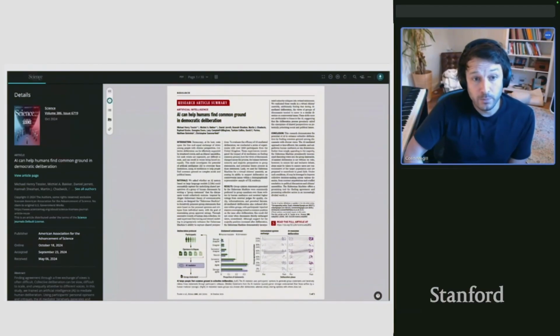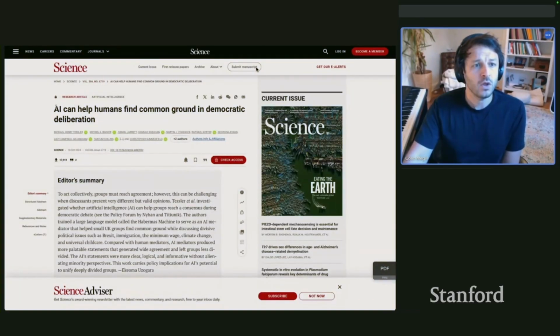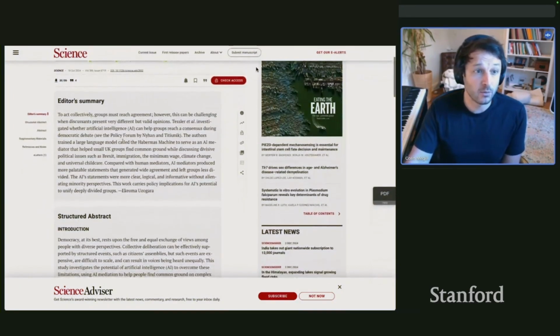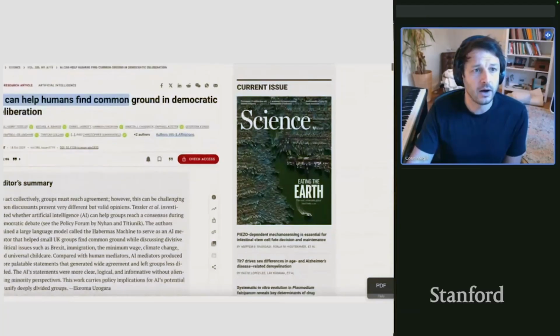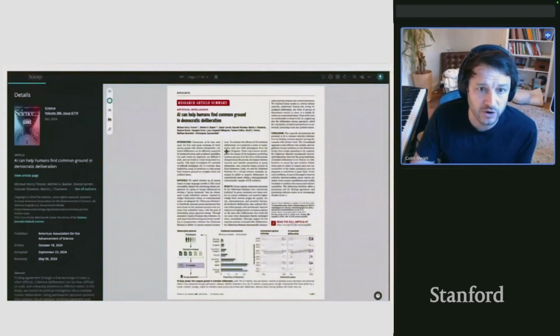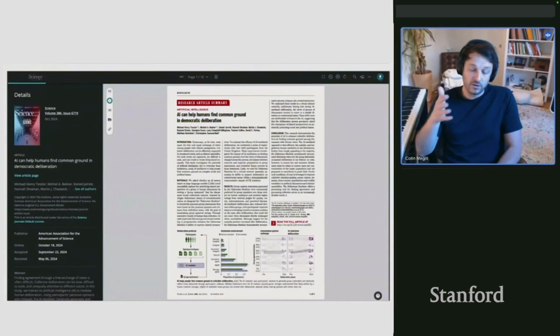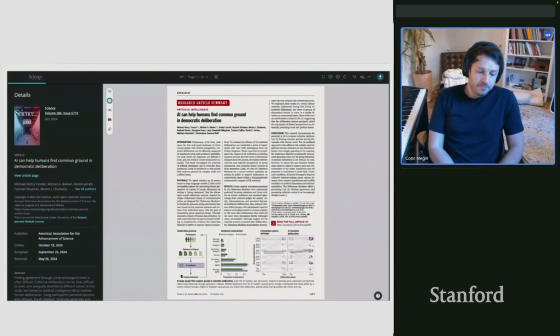DeepMind just dropped a paper, very recently, called AI Can Help Humans Find Common Ground with Democratic Deliberation. They cite in their intro as inspiration the Anthropic paper. We presented them the Anthropic paper in July of 2023 last year, and what they're looking at is basically okay,